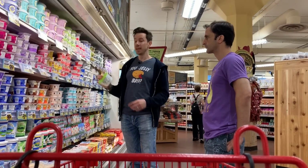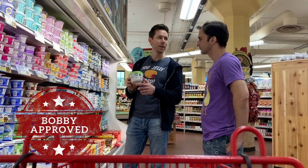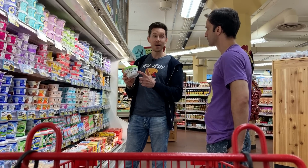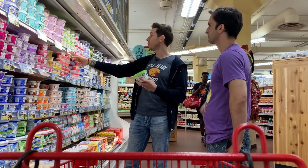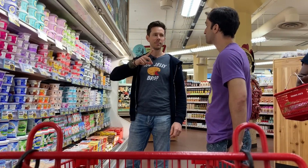And then really, really exciting yogurt here. We're staying in the grass-fed theme, 100% organic, whole milk yogurt here. Plain is the way to go, because when you start buying yogurts or probiotic drinks that have sugars added to it, the sugar actually cancels out the probiotic effect. It kills the bacteria. So I love the fact that they have this. It's only $3.29, which is a great...